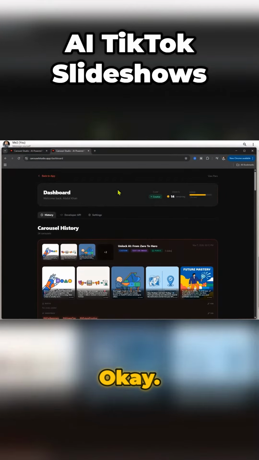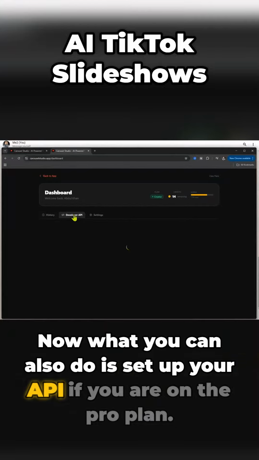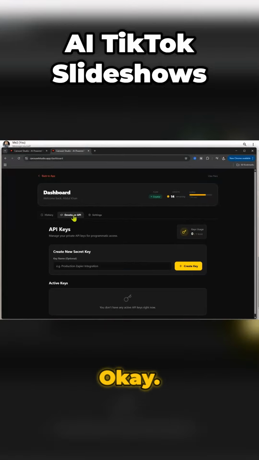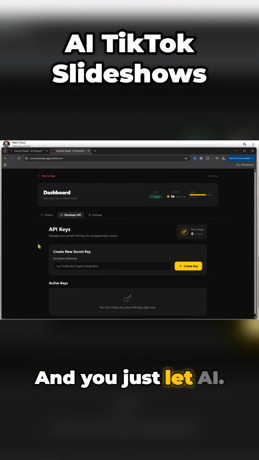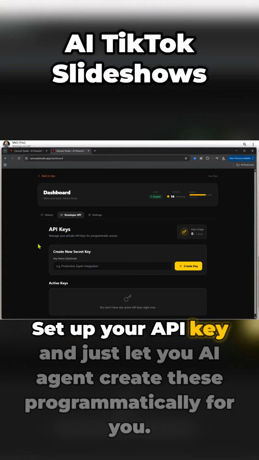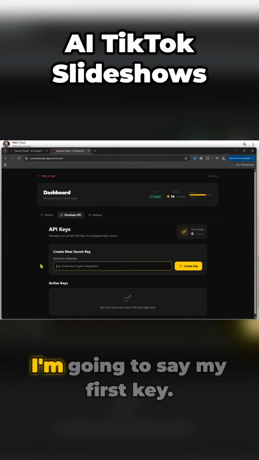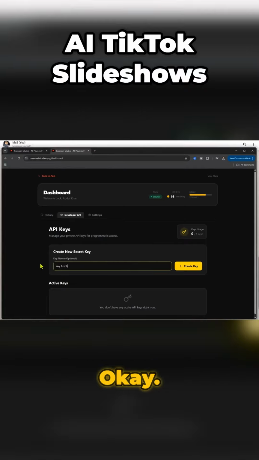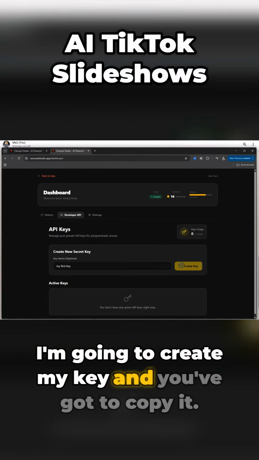Okay, now what you can also do is set up your API if you are on the pro plan. Okay, so I'm going to go through, I'm going to set up an API and you just let AI, you don't have to code or do anything crazy like that. Set up your API key and just let your AI agent create these programmatically for you. So let's see, I'm going to say my first key. Okay, I'm going to create my key, and you've got to copy it